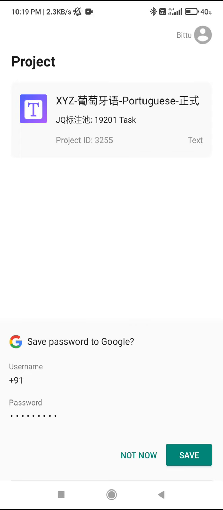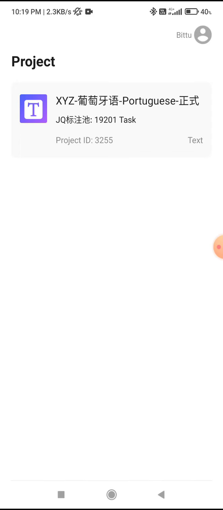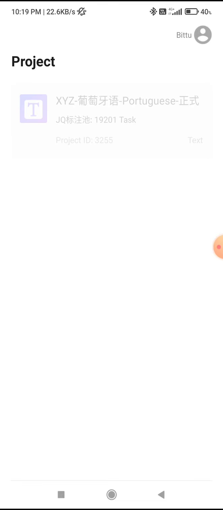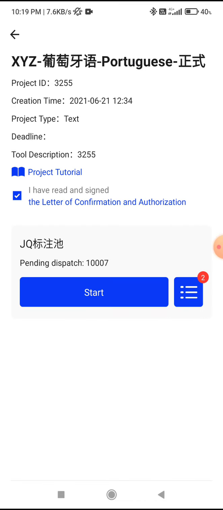Once you enter the password, you have to click on the project. This is the project which you have accepted. Click on accept. Now you have to click on the I have signed option.